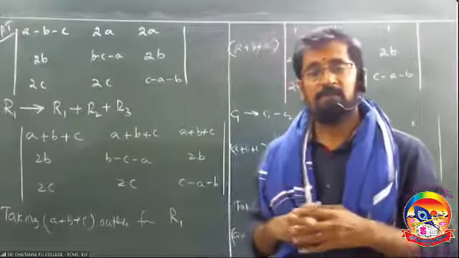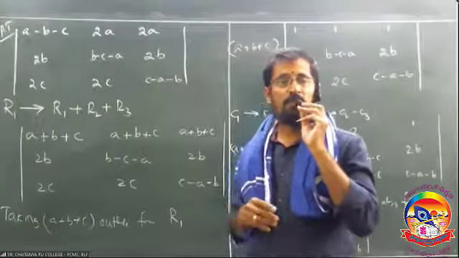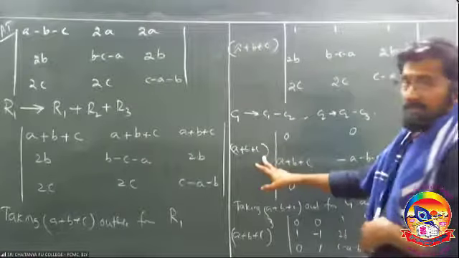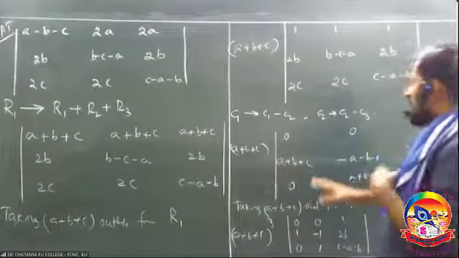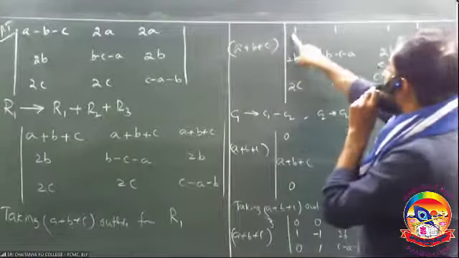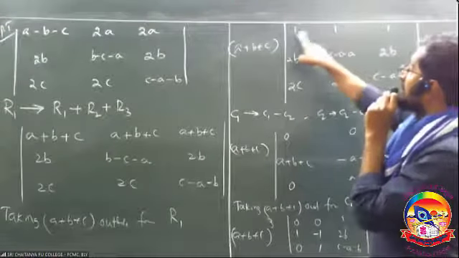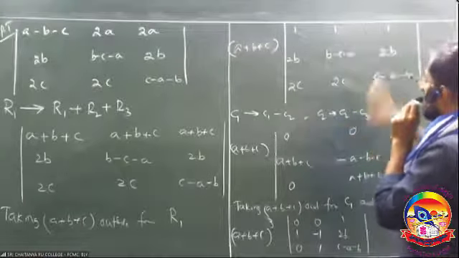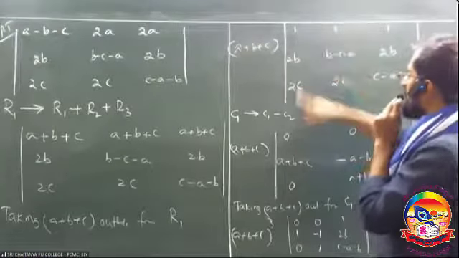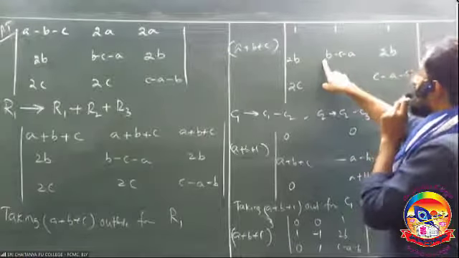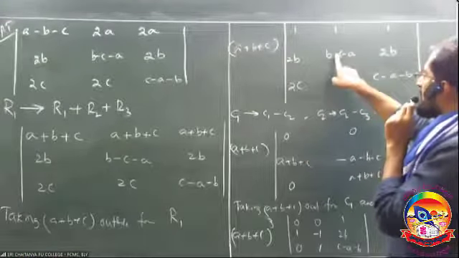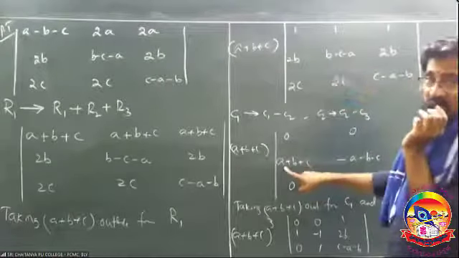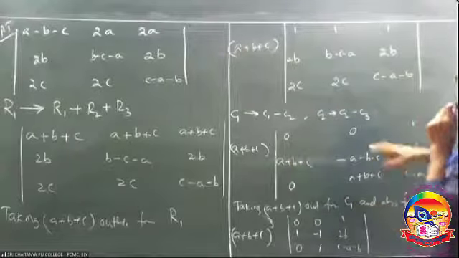And the next one, observe, I want to get another A plus B plus C 2 times. Why? Because that has been given as A plus B plus C whole cube, right? So for that sake, C1 changes to C1 minus C2, means 1 minus 1 value is obviously 0. And here C2 changes to 1 minus 1 is 0. 2B minus B is B. Minus of minus is C, that is positive. Minus of minus A is B. So A plus B plus C.